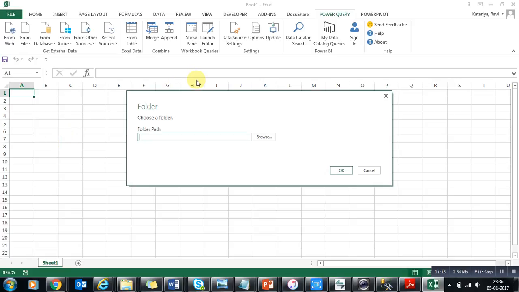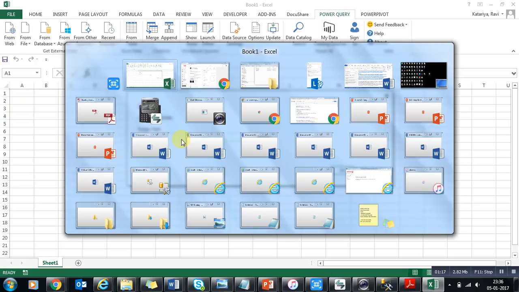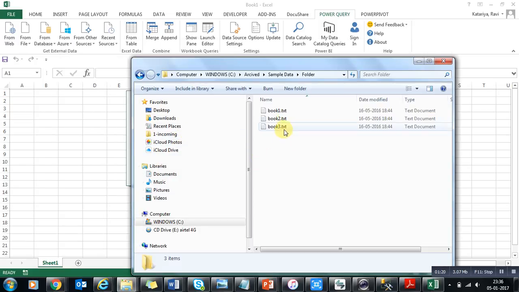Once you click on From Folder, you give a particular folder path where your files are. Let's suppose I have three text files which have the same kind of headers. I want these three text files in one, so that I can easily manipulate them and add charts and any kind of visualization I want. In most scenarios there can be more than one source. You can compile folders from different locations, add some transformation, and then load it into your Excel in a summarized way so that you can create visualizations.